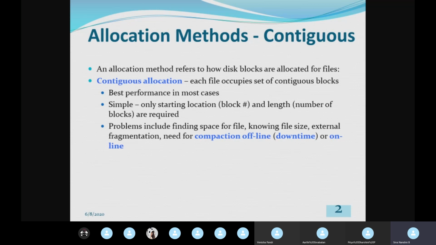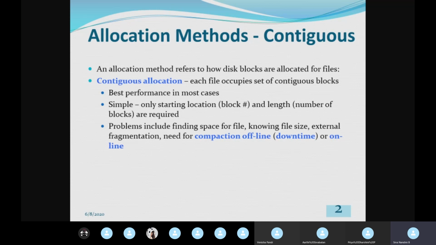At that time, during that allocation itself, if we are performing compaction, compaction means moving the filled blocks to the top side or to the bottom side of the disk, and we obtain a continuous 10 blocks during the file allocation itself.